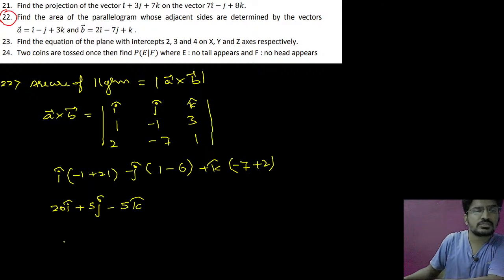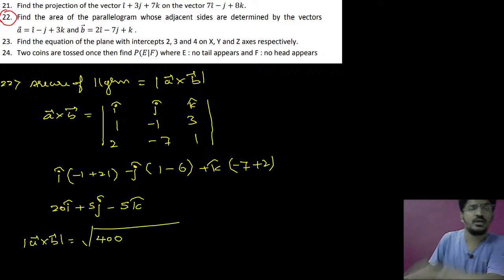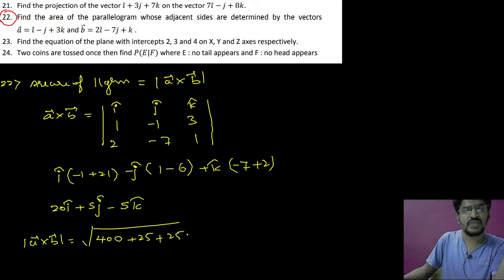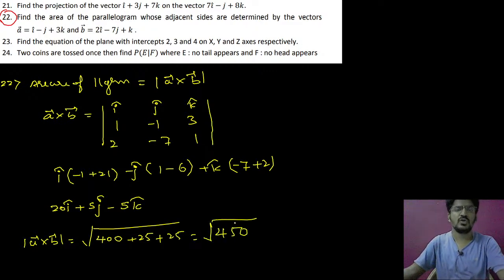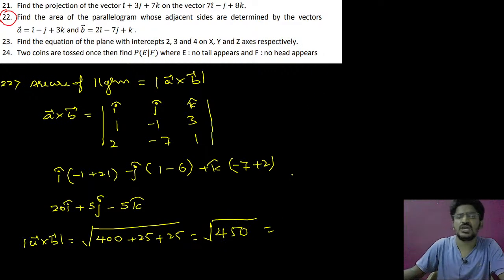Okay. Now mod of a cross b is equal to square root of 20 square, that is 400. Okay. 5 square, that is 25. Minus 5 square, that is 25. 450. So you can write 450 as